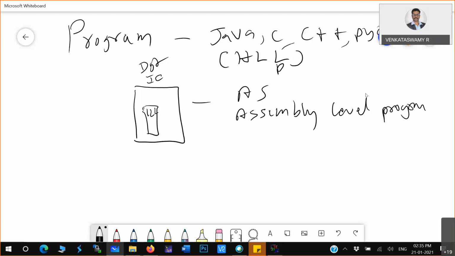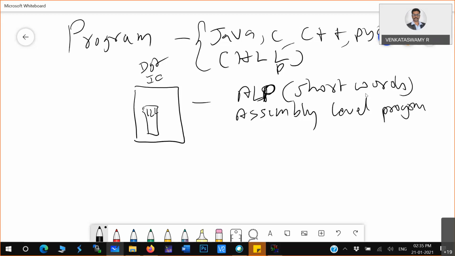Here HLL is completely English-like, readable format, but in ALP they use something called mnemonics, short words to define the instructions.